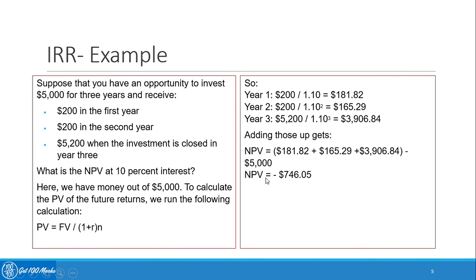Now the point here is not that. The point here is to find out that rate of interest at which the NPV becomes zero. Okay, so since at a 10% rate you figured out that NPV was negative, now the challenge for you is to arrive at a rate which is higher or smaller than 10%. How do we know whether you should choose a higher rate or a smaller rate?